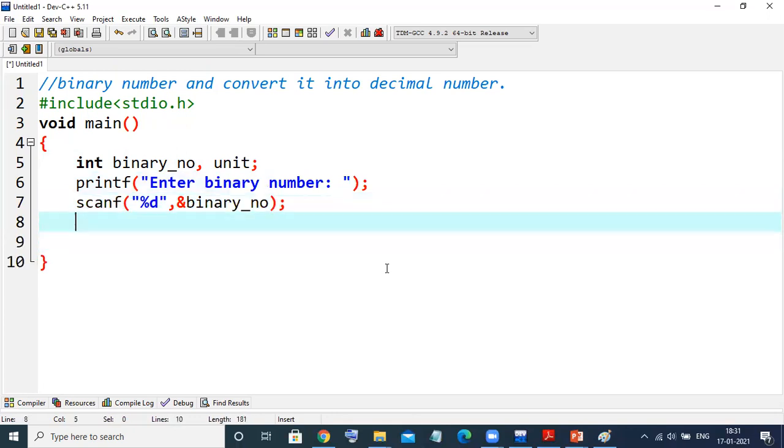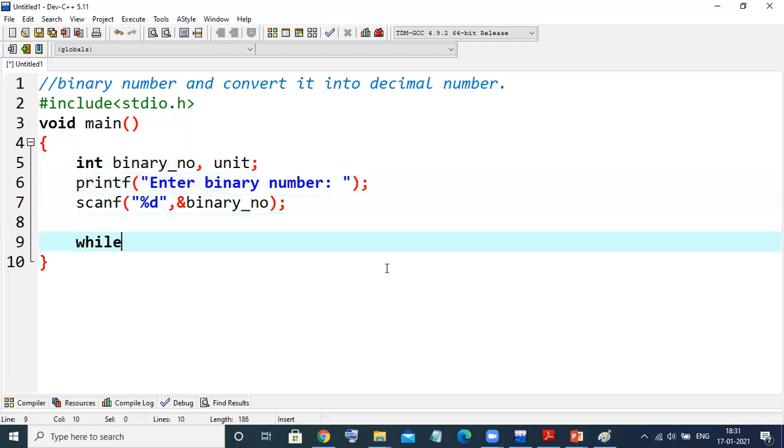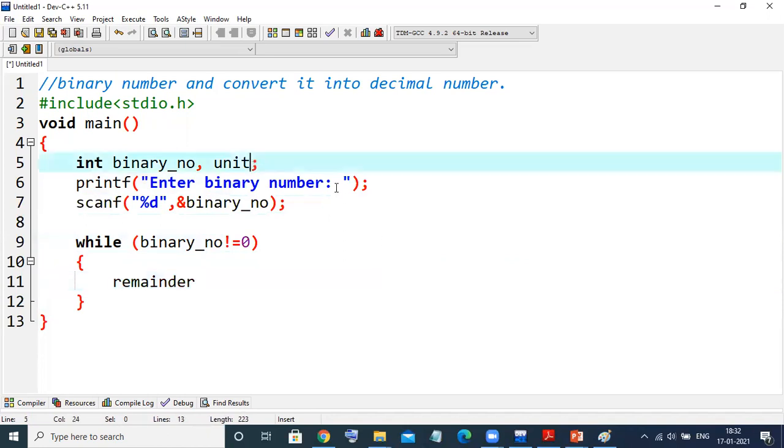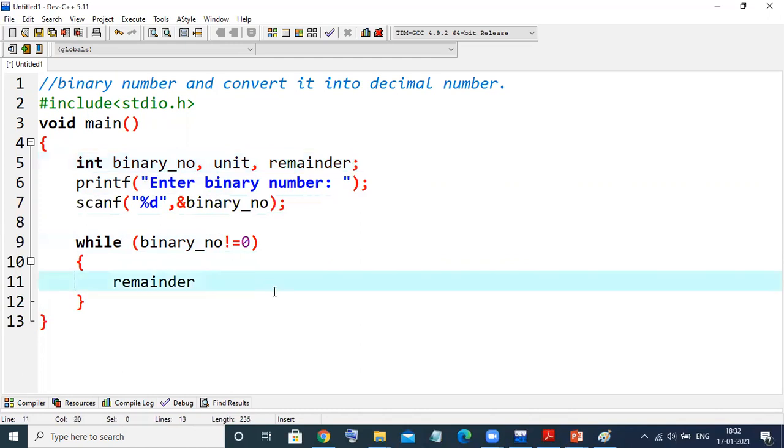What we will do now, of course, is take the help of a loop here. While binary_number is not equal to 0, naturally we'll continue the process, and the process is very easy. The first thing we need to calculate is the remainder, because we want the last digit.